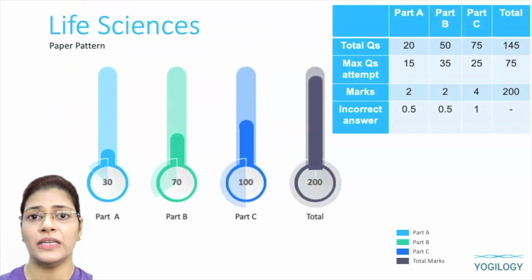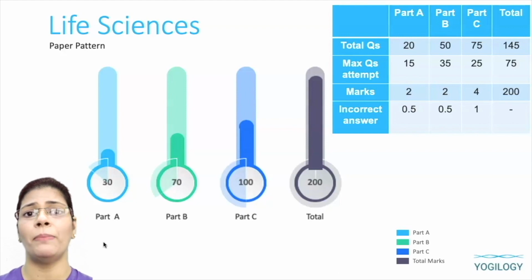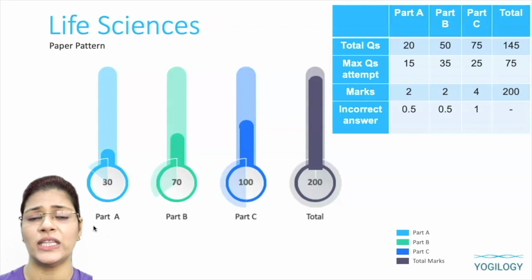The question paper is divided into 3 parts. All the parts consist of objective type multiple choice questions. There are no breaks between the papers. Part A consists of general aptitude questions with emphasis on logical reasoning, graphical analysis, quantitative comparison, series formation and puzzles, etc. Part B consists of life science subject related conventional multiple choice questions. Part C, higher order analytical type questions. You all must have heard about HOTS, right? So this section will have HOTS questions.